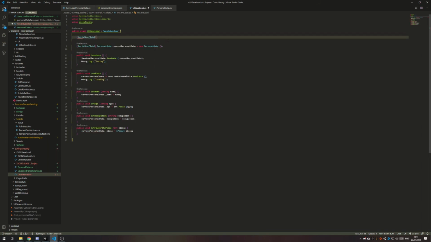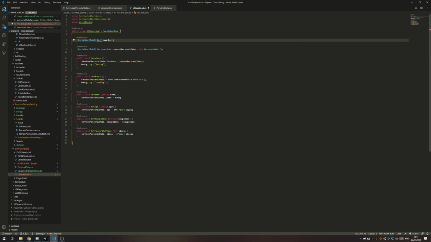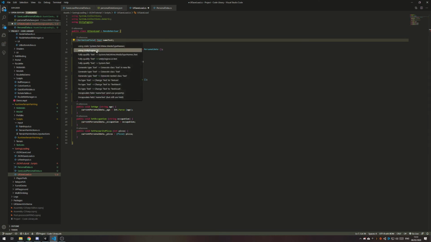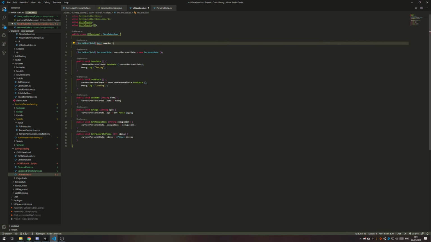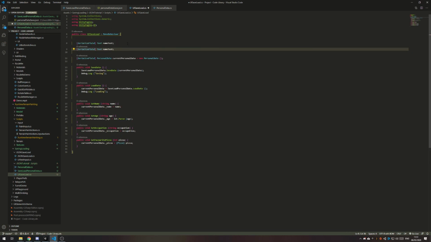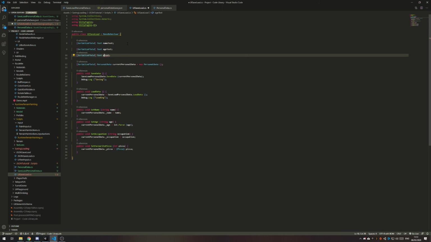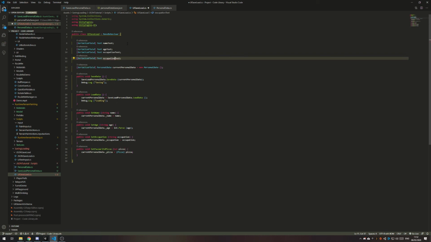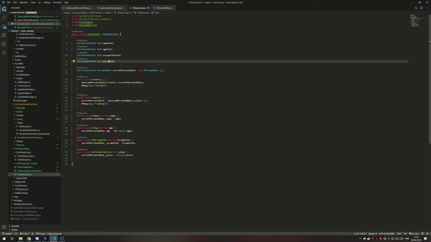So let's do serialized field text, and this is going to be our name text. And you'll notice it's underlined. We need to add in UnityEngine.UI. And we're going to do our age text, our occupation text, and our pizza text. Great, so then when we load up the data,